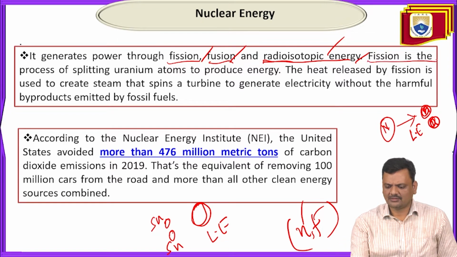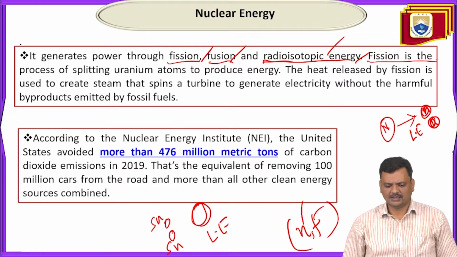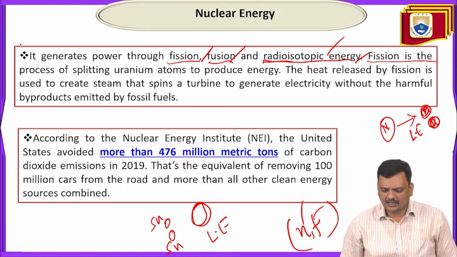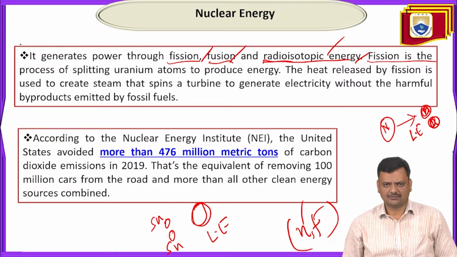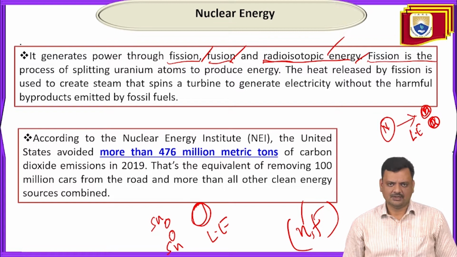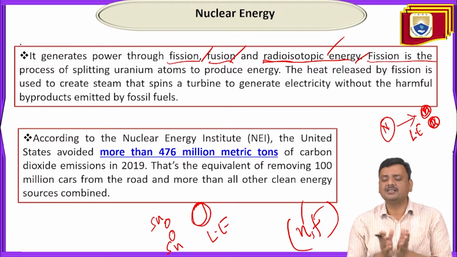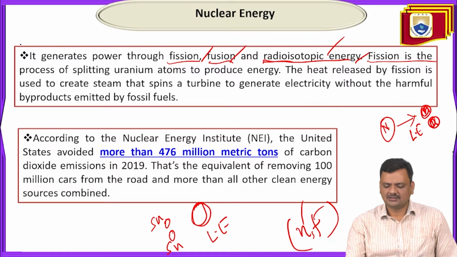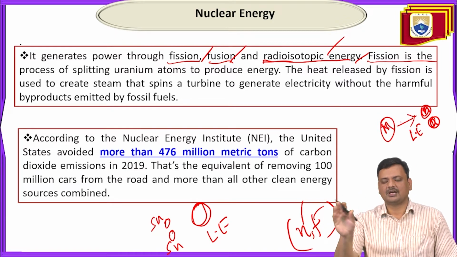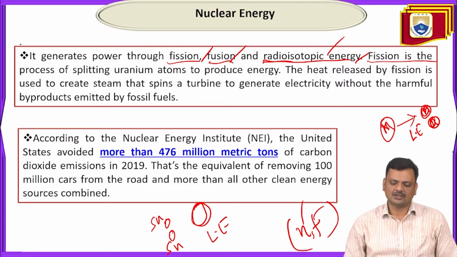So here it is clearly written. Fission is the process of splitting a uranium atom. Uranium is a nuclear fuel or nuclear material. If we split the uranium atom by any means, such as bombardment of high energy neutrons on a uranium atom,